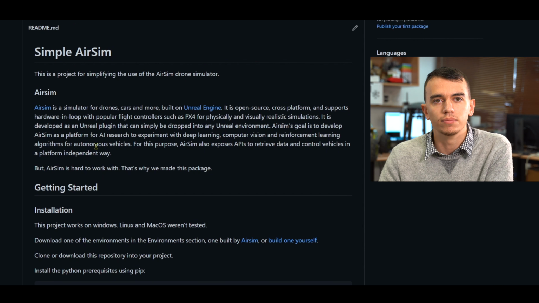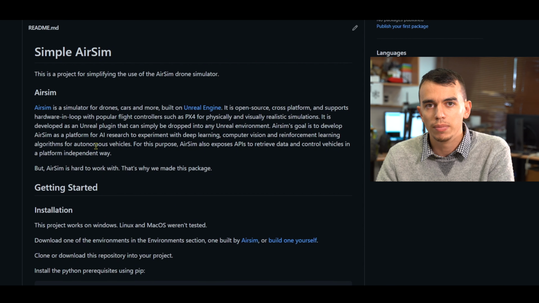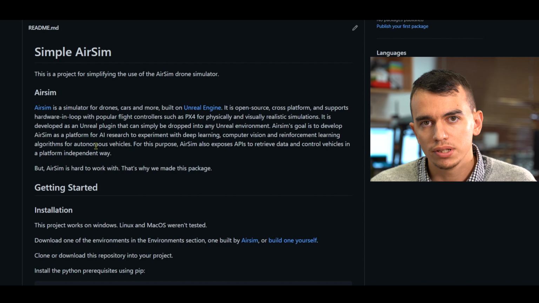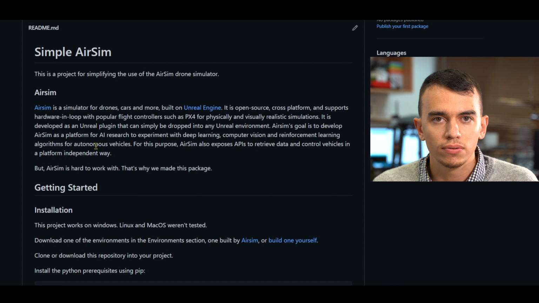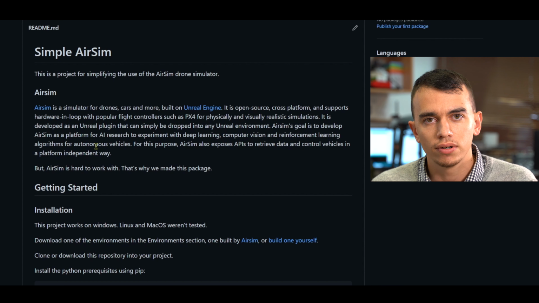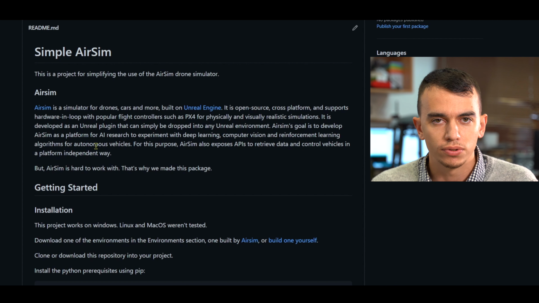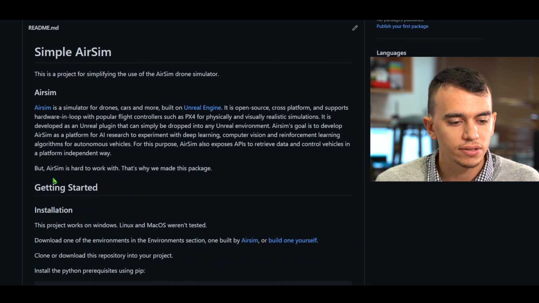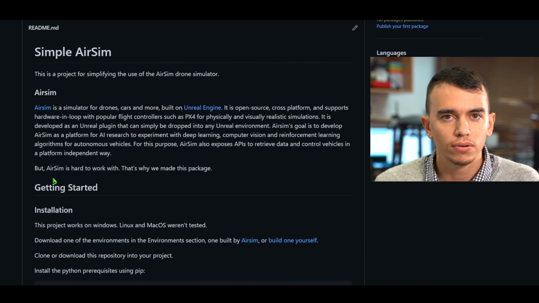So what's AirSim? AirSim is a simulator made by Microsoft for autonomous vehicles and drones. We're going to use AirSim to simulate a drone environment in there, and we're going to show you how to use it. We have taken code that was written in the AirSim simulator, put it in a real drone, and the drone actually flies with the code that was tested and written in the simulator, with a minor improvement for the real world. Now we're going to start installing AirSim and going through the dependencies.